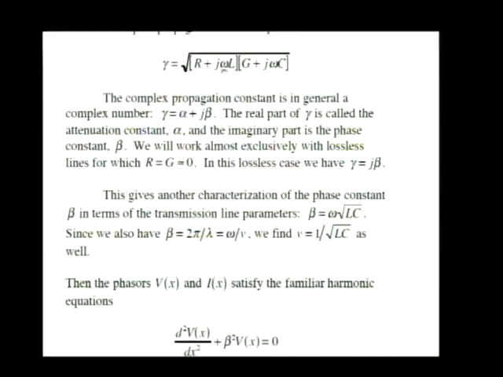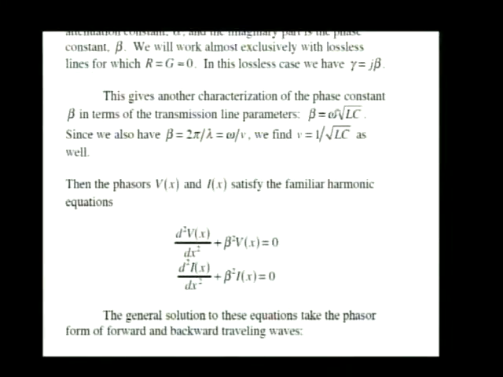You can see that because you've got J omega L multiplying J omega C underneath the square root. J times J is minus 1. And omega L and omega C are pure real. So we're taking the square root of a negative quantity. Well, the square root of a negative quantity is J times the square root of whatever's left over there underneath the square root sign. So we're going to get J times the square root of omega L times omega C, or omega squared times L times C. Or we're going to get J omega times the square root of L times C. Gamma is pure imaginary. That is to say that alpha is 0 and beta is the only part that survives,